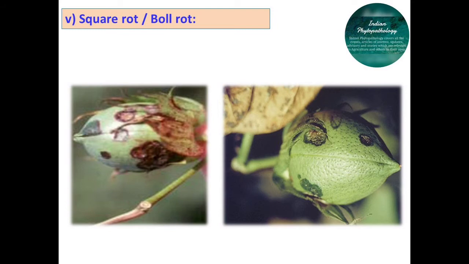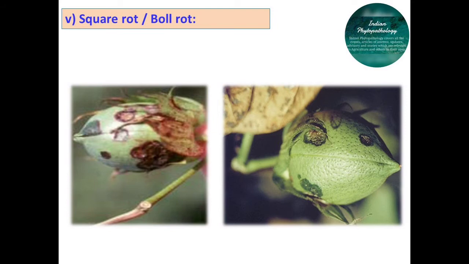In some cases, infection on mature bolls leads to premature bursting of the bolls. The bacterium spreads inside the bolls and the lint gets stained yellow due to the bacterial ooze present inside, and it loses its appearance and market value, and is also damaged due to the infection by this bacterium.